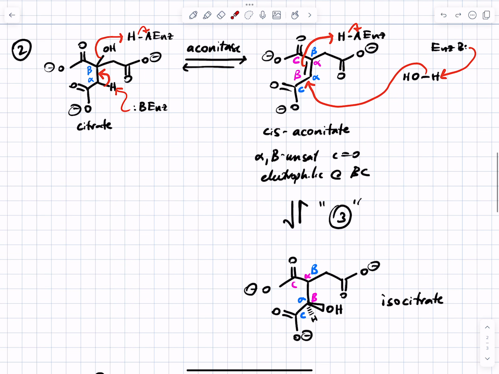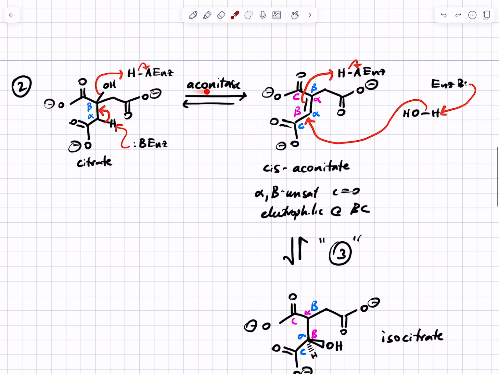Now, as I told you, there's kind of a weird way of counting citric acid cycle steps. Some people count intermediates, some people count enzymes, and a couple of the enzymes catalyze multiple reactions. So I'm going to count intermediates. You're welcome to count however you want. The enzyme aconitase